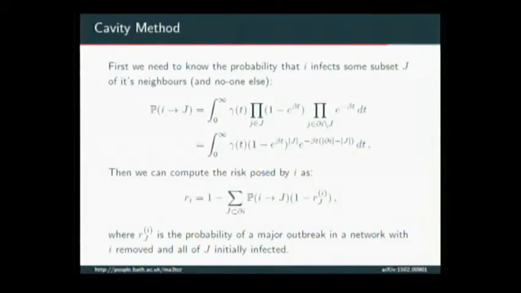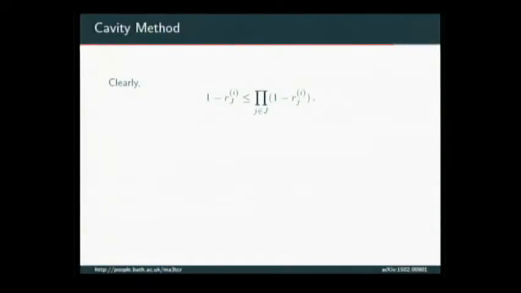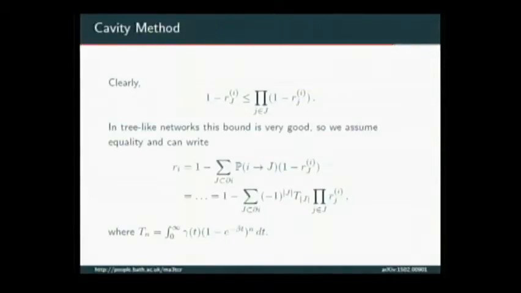So I'm asking, what's the chance that, if I seed node I, he causes a major outbreak? Well, that's 1 minus the chance that he fails. And failure is determined by, there are lots of ways you can fail. So I sum over every possible set of his neighbors that he could have transmitted to, and then ask that none of them succeeded. So 1 minus RJI. That's not clear to me anymore. You'll have to take this as fact, okay? That's interesting. Okay, after the talk, I will figure this out, right?